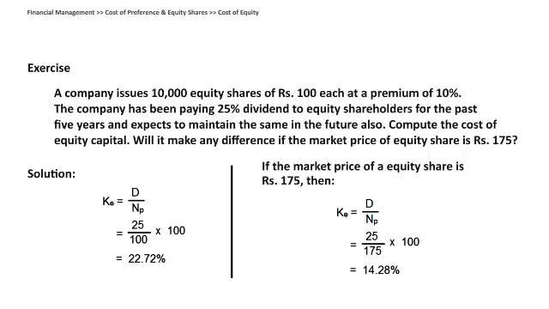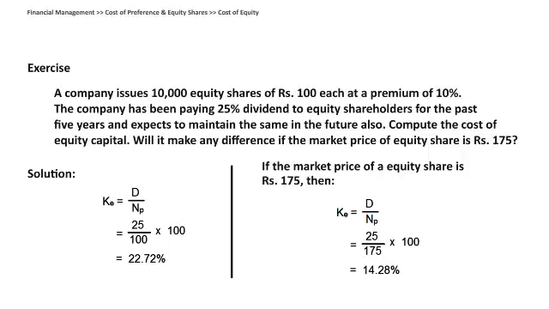Okay. The company has been paying 25% dividend to equity shareholders for the past 5 years. So you can find the dividend rate. If one share is 100 rupees, 25% of 100 will be how much? 25. So we got the dividend part, that is 25, right? And expect to maintain in the future also, right? Now, if I tell you premium is not there, how will you work it out? 25 divided by 100 into 100. Right? If I tell you to forget the premium part, how will you find out the return for equity shareholder? 25 divided by 100 into 100, which gives you 25%.